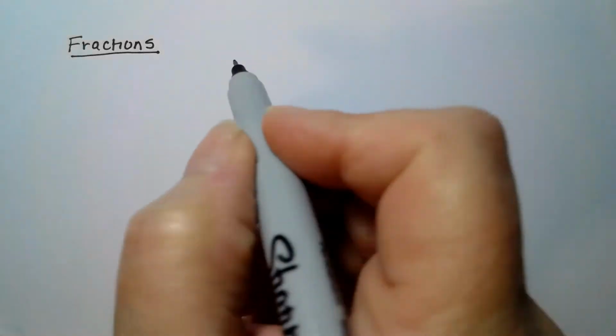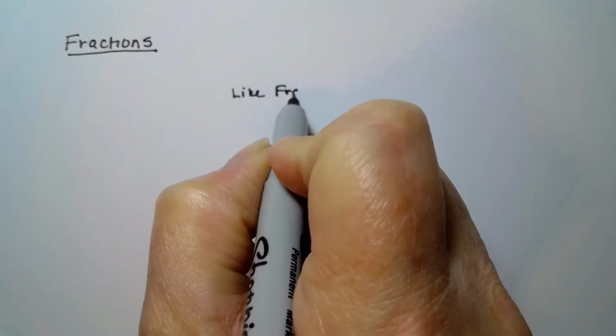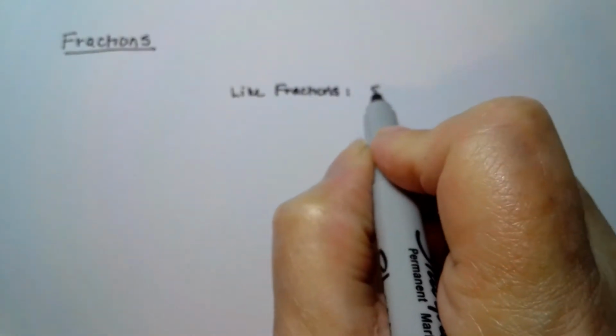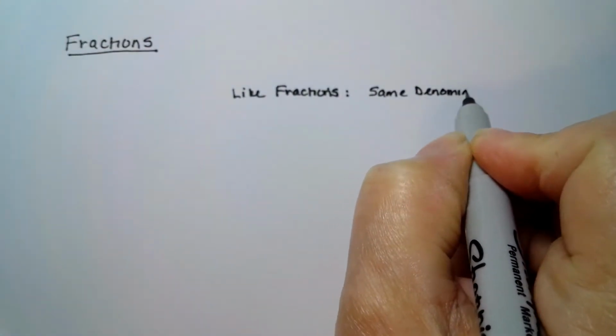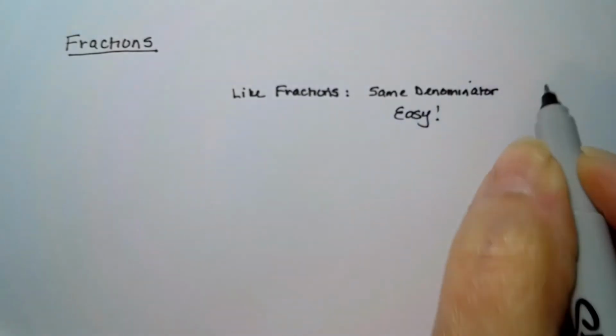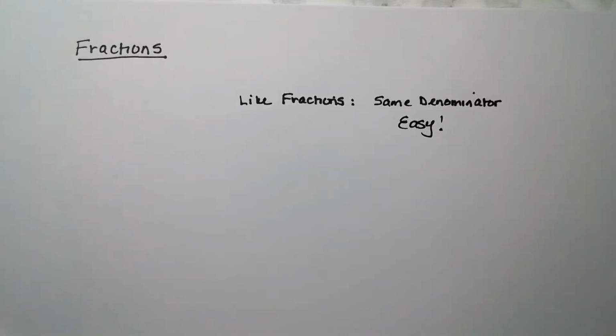Okay, so the first thing is we have like fractions. Like fractions have the same denominator. And what that means is they're easy. Why are they easy? Because if the fractions have the same denominators, then you can just add or subtract the